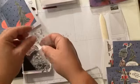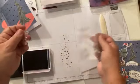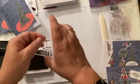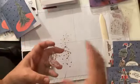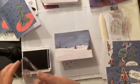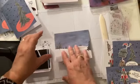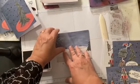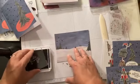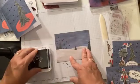All right, now I'm grabbing this one. This one has the little snowflakes and the dots filled into it already. So I'm gonna mount that one on my block. And then I'm gonna grab this card base. I'm gonna ink up my stamp. And I'm just gonna randomly stamp these